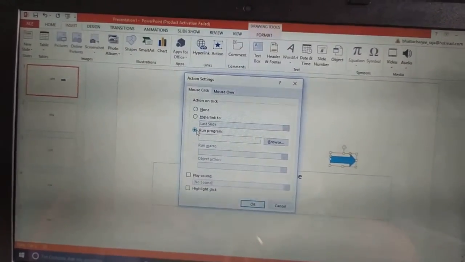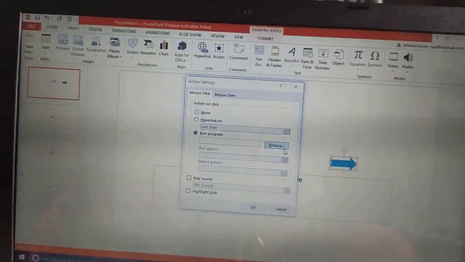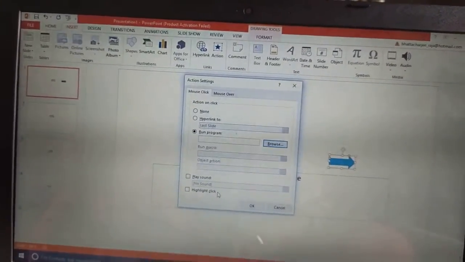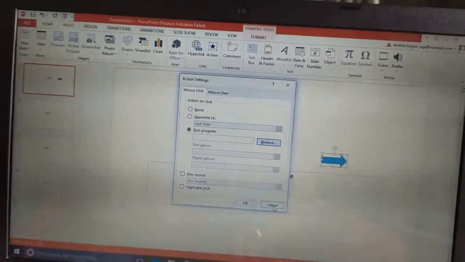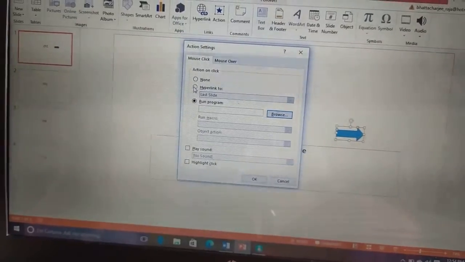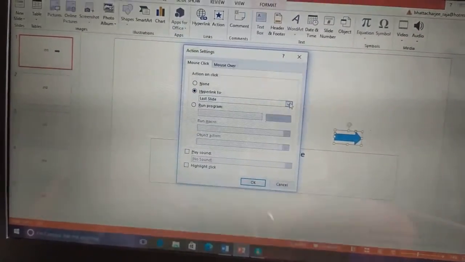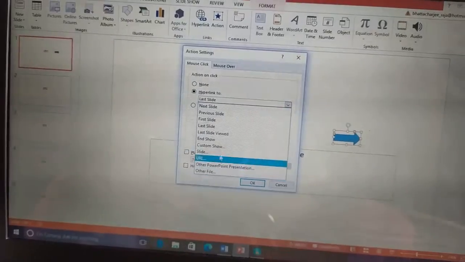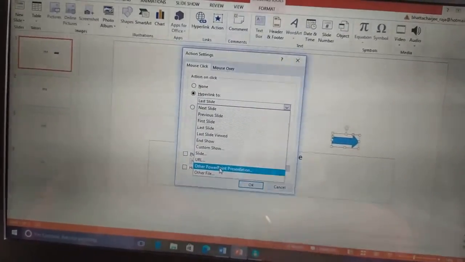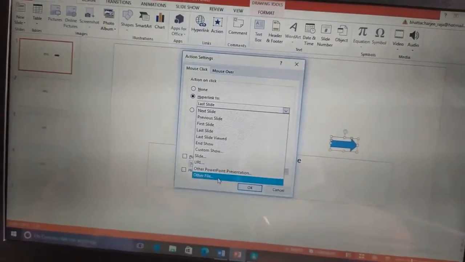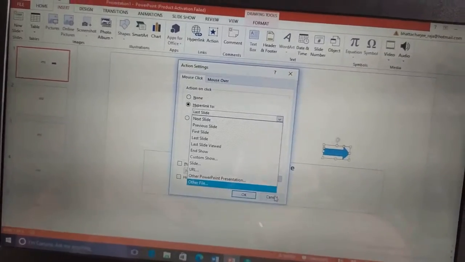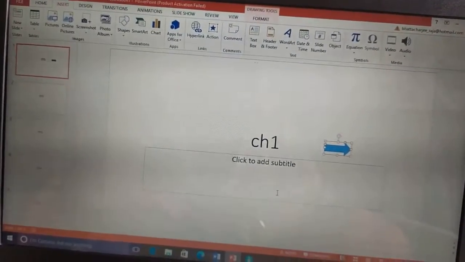If we suppose need to open any other program, we can browse it from here and open it, or we can give in the hyperlink. You can give URL, or any other PowerPoint presentation will open, or any other file will open. These options are also there. So this is how we are using the action button.